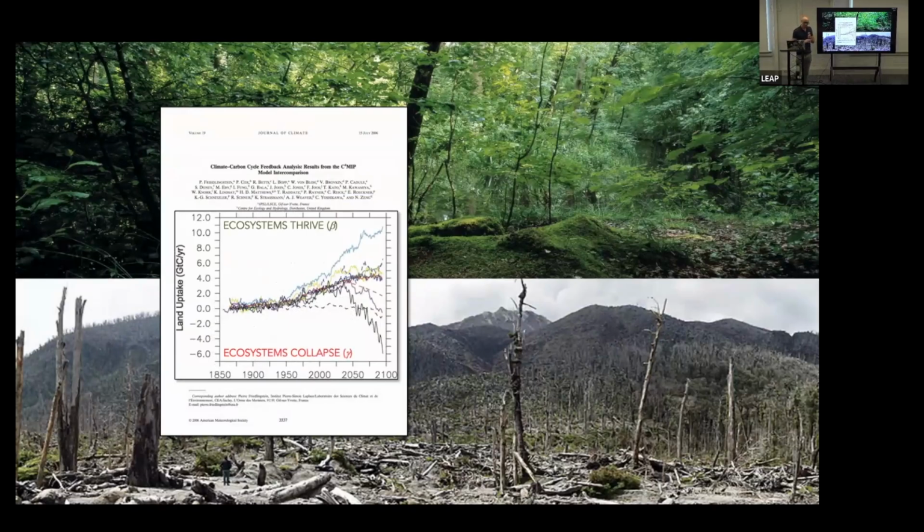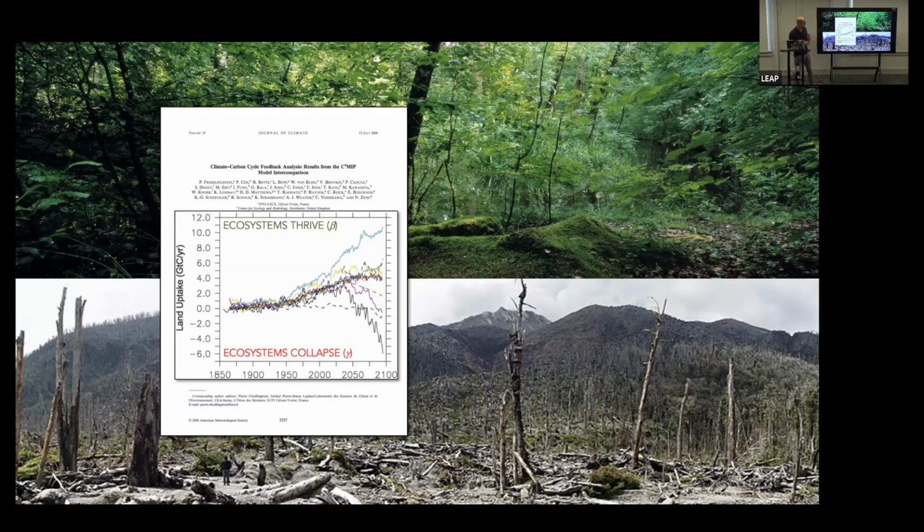So this is the famous Friedlingstein plot. On the land carbon uptake, each of these lines is a different model from a different center: the UK model, the French model, the Australian model, the US model. Some models are saying, well, you know what, plants love CO2, and there's going to be more CO2 in the future, so ecosystems are going to be super happy. Other models are saying, wait, hold up, that CO2 is leading to more droughts and hotter temperatures, and plants hate droughts, and they're going to crash. And other models are like, well, maybe it's somewhere in between.